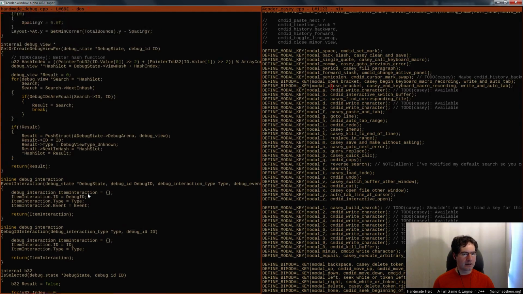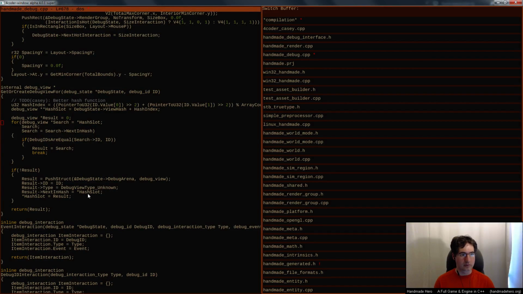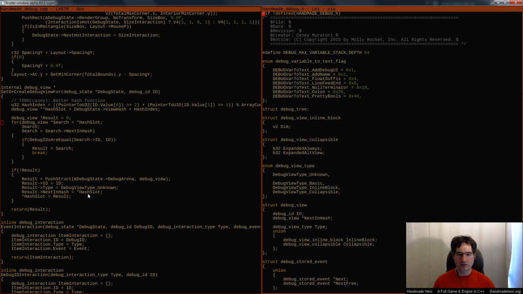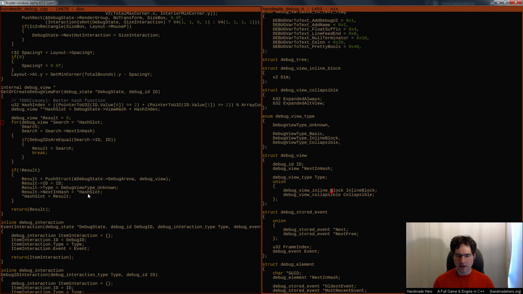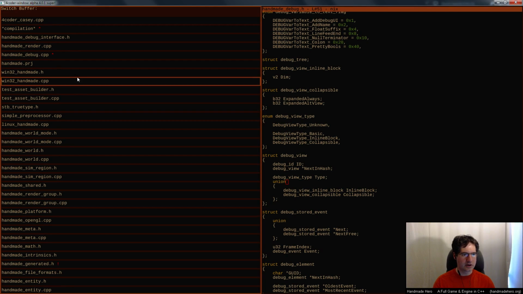Anyway, so what I wanted to find out here, and so I guess what I'll do is I'll switch to this again, handmade debug.h manually. What I'm not sure about is in debug view, like which one it is going to be, inline block or collapsible. To be honest, I'm not sure we don't want to just fatten this up and put all that stuff in there because why not? But who knows? So anyway, either way, we would have that collapsible,